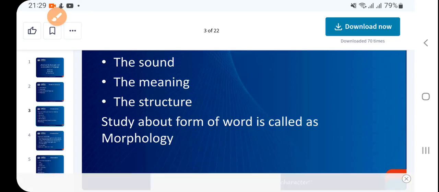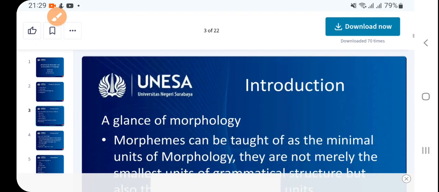So the study about the form of a word is called morphology. How a word is formed, the deep study of the form of a word, is called morphology. Okay. Now